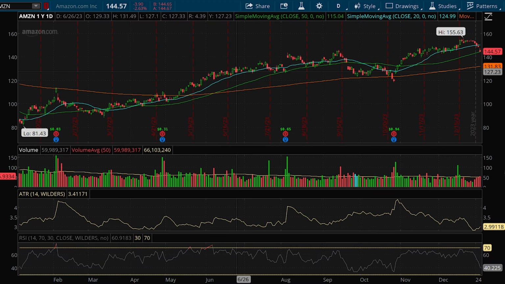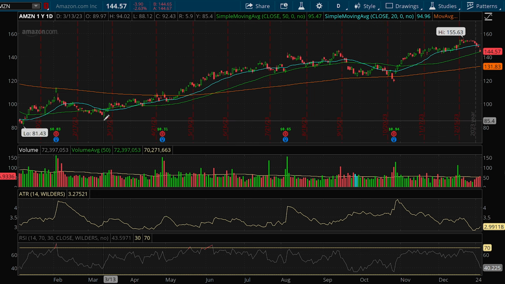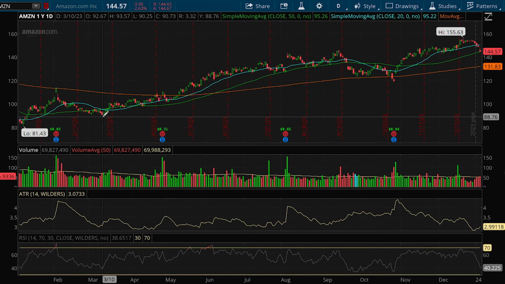And so I want to start by first understanding what the trend of the market is. And there's a saying, the trend is your friend, and we want to follow the trend. And so when we look at this chart, and this is a daily chart on Amazon, we can see that Amazon has been in an uptrend. Why is that? Because you can see that Amazon was at $89, right, way back in March,